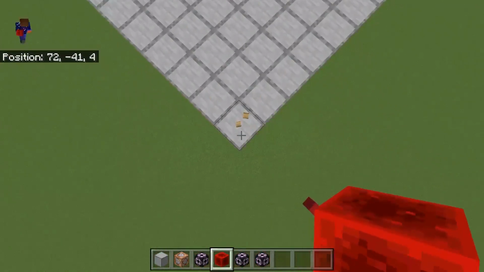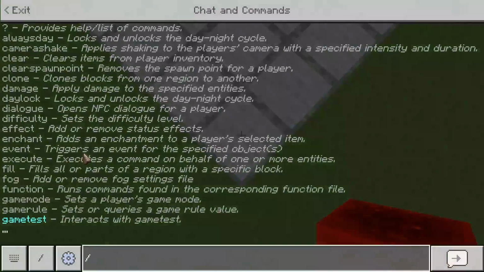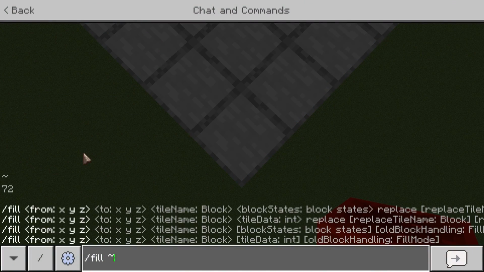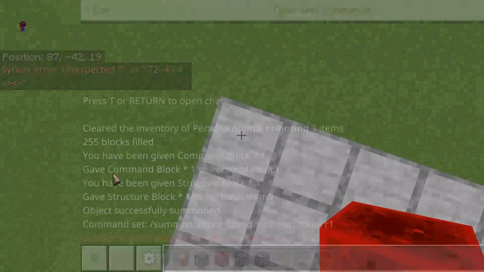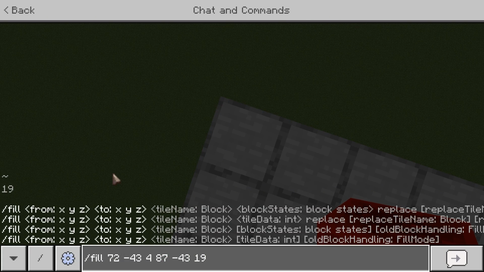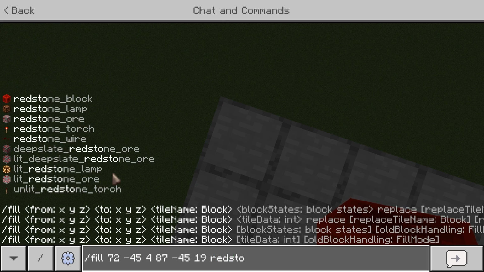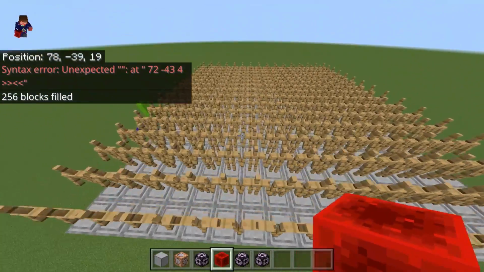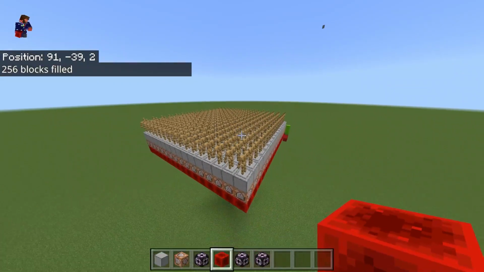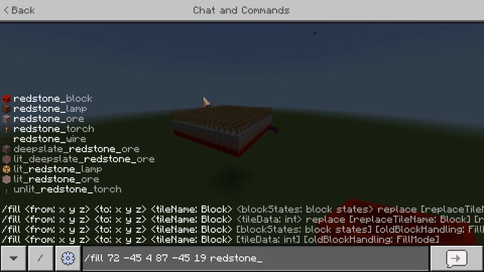we're gonna go ahead and do a fill command. So we're gonna /fill. Then we'll just do these coordinates to kind of have it correct, and then we're going to lower the Y coordinate, basically to fill it with a layer of redstone blocks so that we can power all of those command blocks. There we go. So now we have a full grid of random armor stands that will help us do our